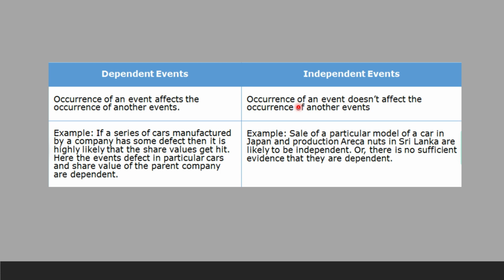Okay, so this is known as a dependent event. And in an independent event, the occurrence of an event doesn't affect the occurrence of another event. For example, the sale of a particular model of a car in Japan and the production of nuts, you can say, just the nuts in Sri Lanka, are likely to be independent. That means there is no correlation between manufacturing of a car and nuts, right? So there is no sufficient evidence that they are dependent. That means they are independent events. Okay,